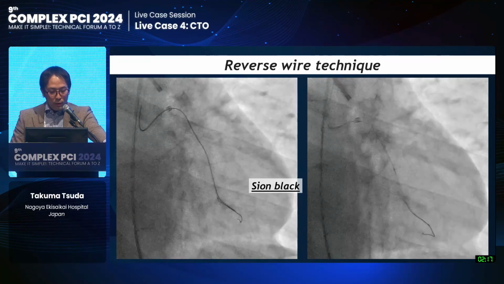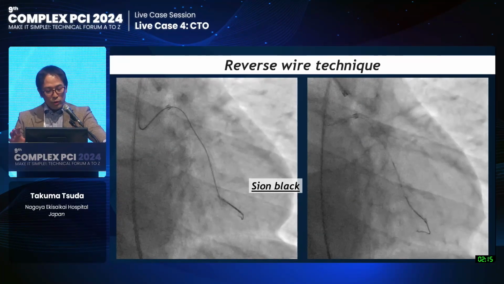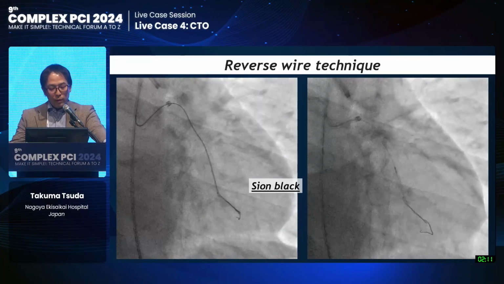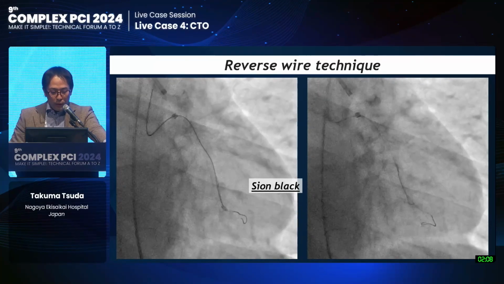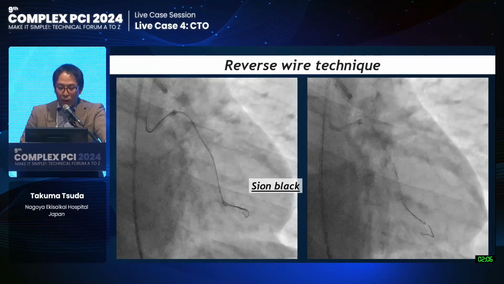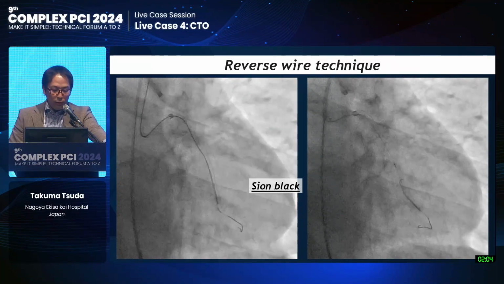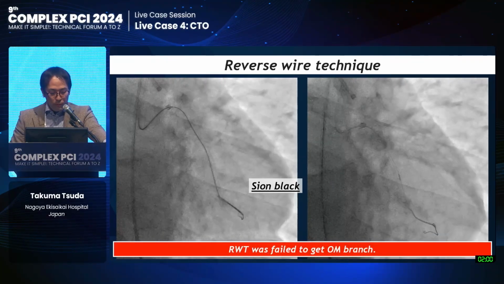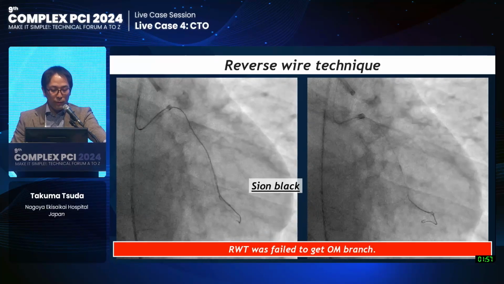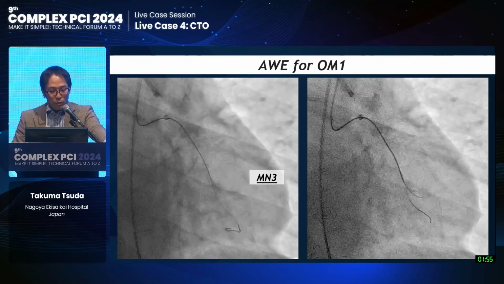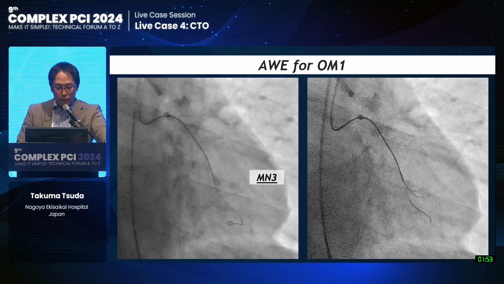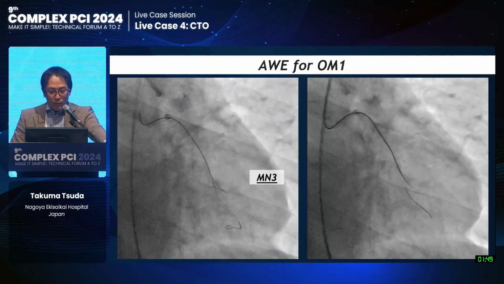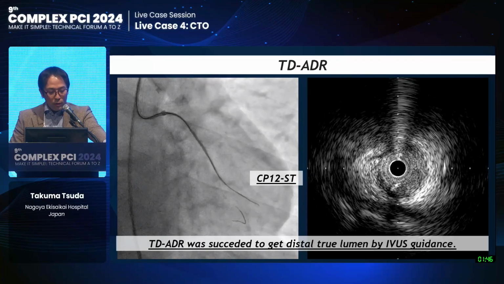So after failing this procedure, I performed the TD-ADR at the far distal point. So finally, I could pass the antegrade guide wire into the true lumen. But I failed to get the OM branch by a reverse wire technique. So I performed the intermediate guide wire insertion for the OM branch and for the tip detection for the OM